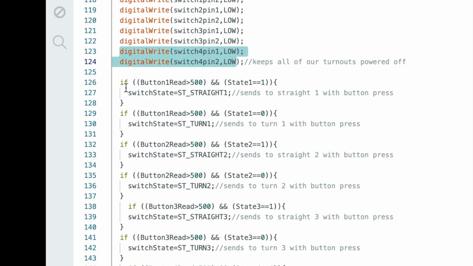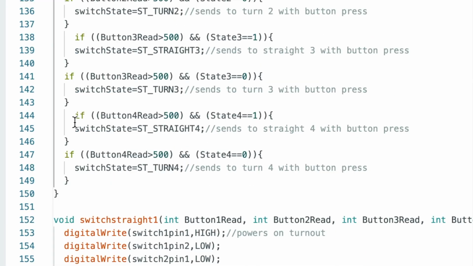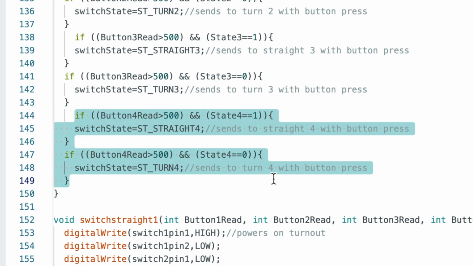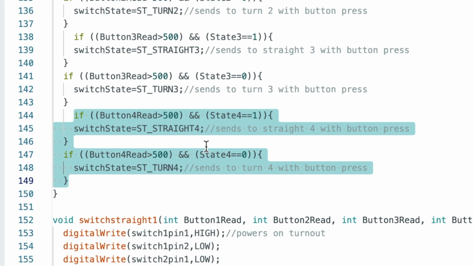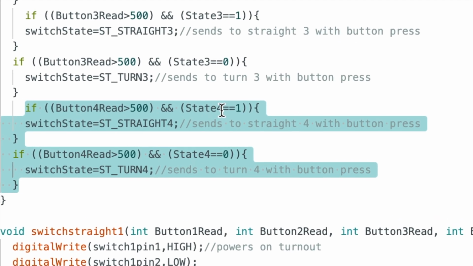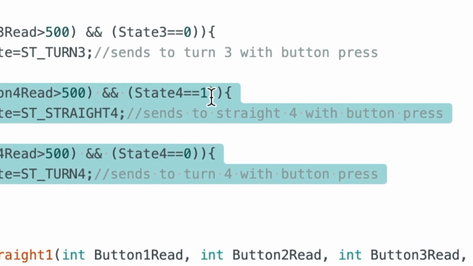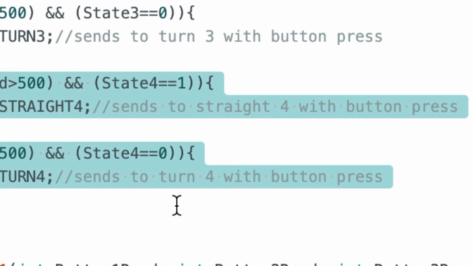frying them up. Into our if-then statements, you can see we again have to come back in and add ST_STR4 and ST_TURN4. And it's as simple as just cut and paste and adding those in. But remember, you need to set state 4 equal to, with the double equal sign, 1 if you're going straight, and 0 if you're going on